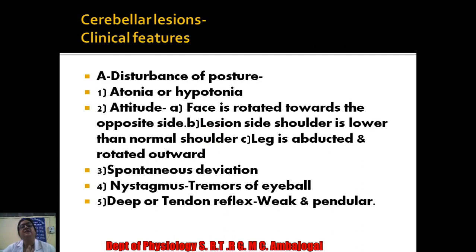Now, after completion of the functions: in the functions we have discussed the important role is maintenance of the tone, posture, equilibrium; then the smooth execution of the voluntary movement; and third, the planning, sequencing and timing of this movement. Now if you see the cerebellar lesions, these effects are seen mainly in the coordination of the voluntary movements. So we'll discuss one by one all these points.